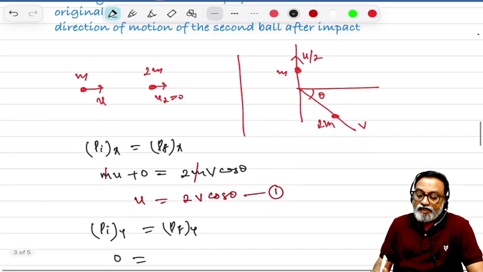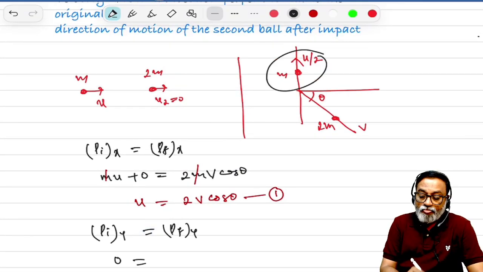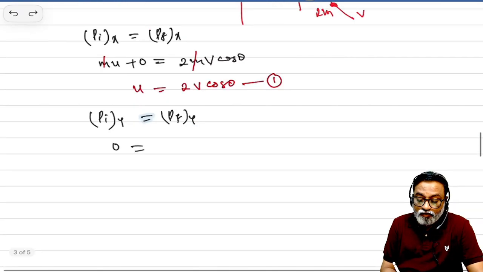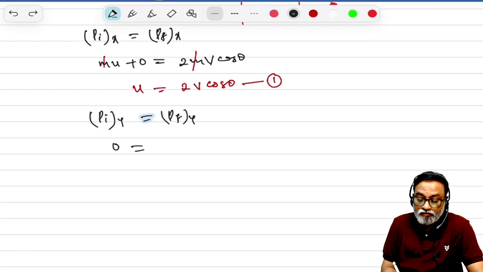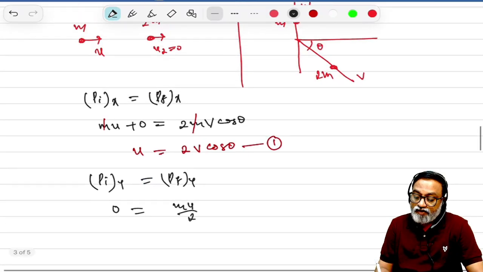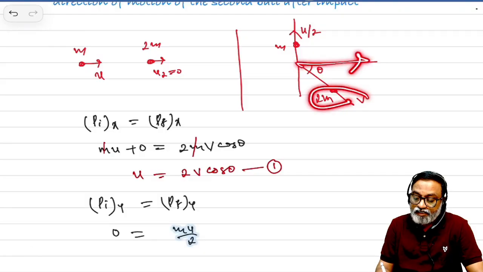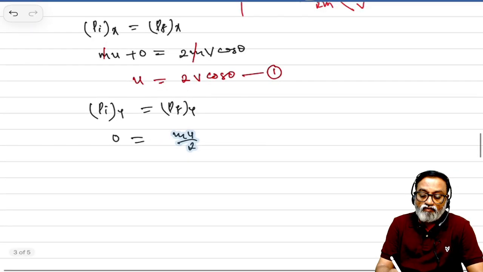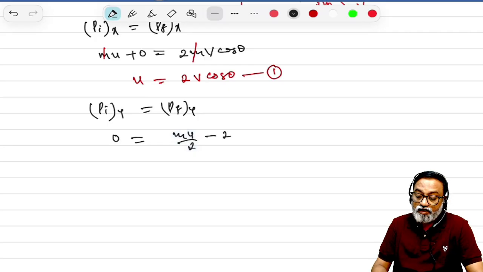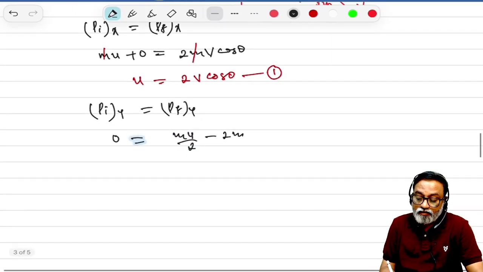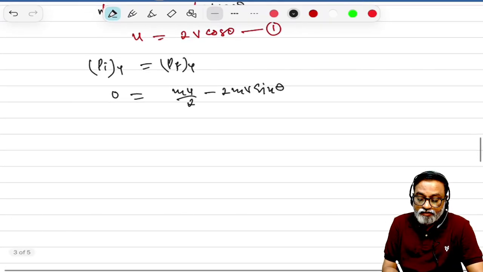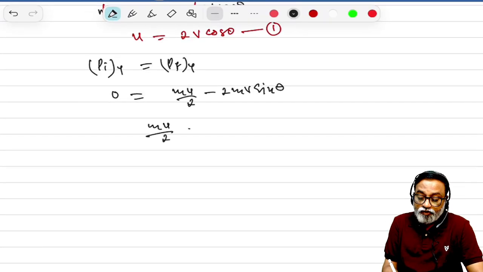The final momentum: mu by 2 is taken as plus, and this one, 2mv sin theta, is in the downward direction, therefore it becomes minus 2mv sin theta. From this, mu by 2 is equal to